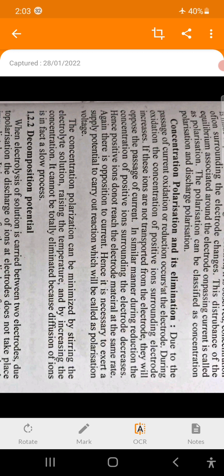The ion concentration is different at different regions in the electrolyte solution. That is, at the vicinity of anode, positive ion concentration increases; at the vicinity of cathode, negative ion concentration increases. And this increase in concentration,